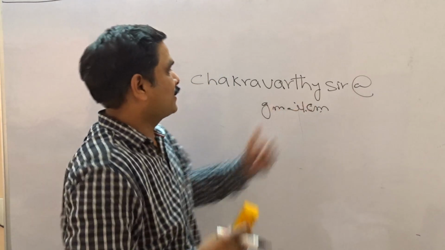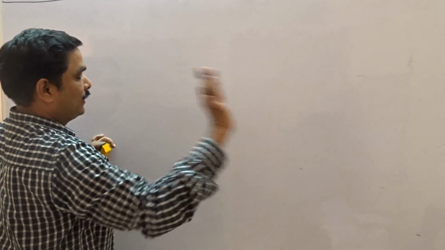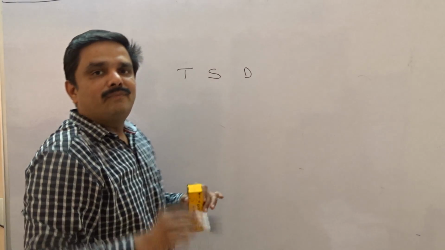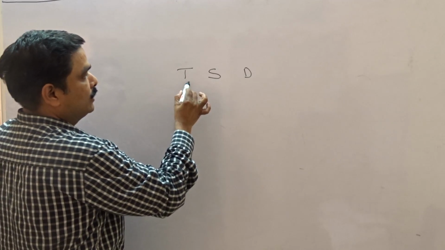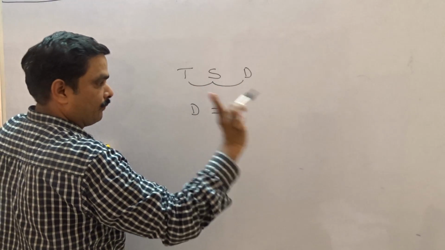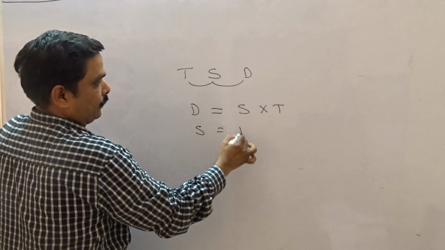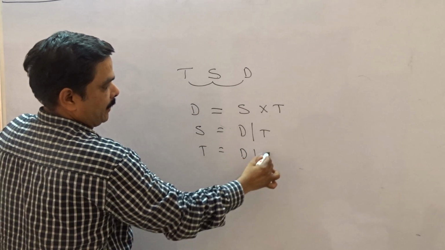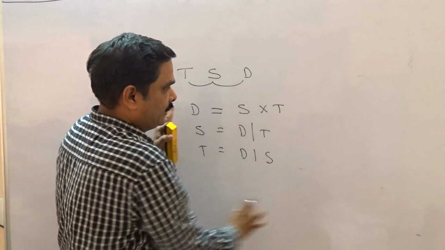Alright, now, anyway, come back to this class. In this class, I'm going to discuss the time and distance chapter for you. Actually, this is time, speed and distance. Before going further, let us have a clear understanding of this. First, let us take the relationship among these three. Distance is equal to, as all of us know, speed into time. Then speed is equal to distance by time. Then time is equal to distance by speed. These are basic formulae. All the questions are based on these three only.